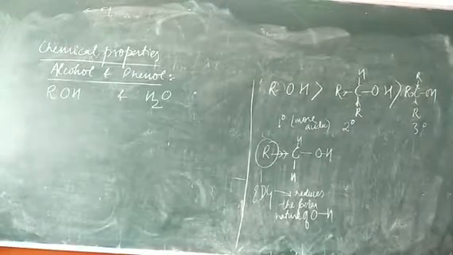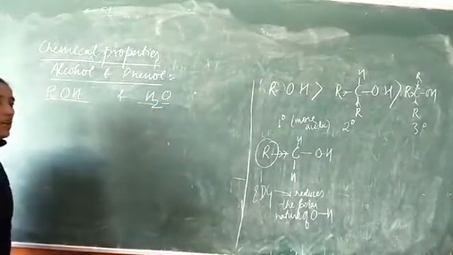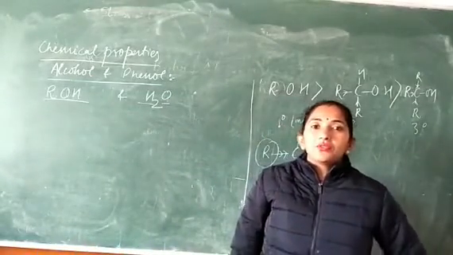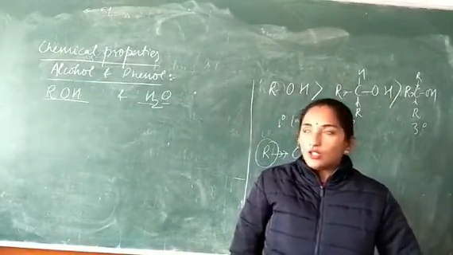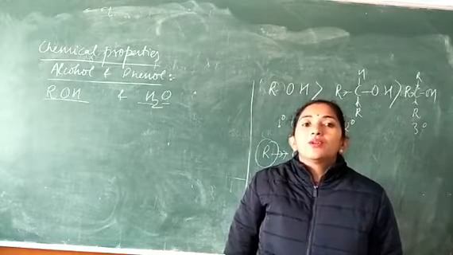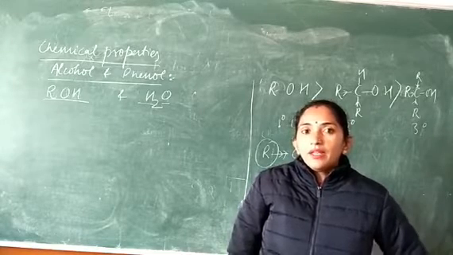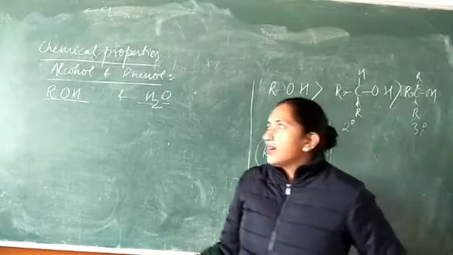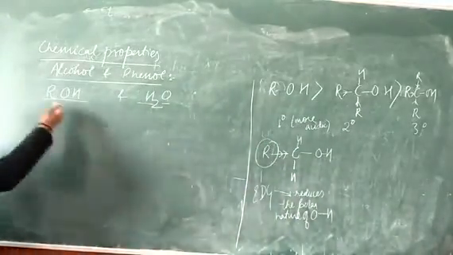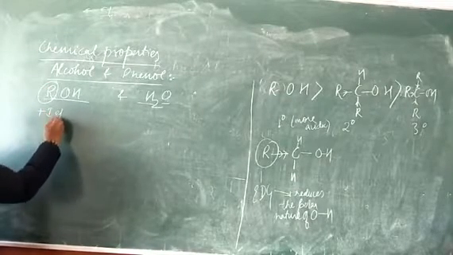Now students, if we compare the acidic nature of alcohol and water, among the two, which one is going to be more acidic, right? So it is strange, but it is practically found that water has more acidic character than alcohol. Now, why will it be so? Just have a look at the previous concept about the electron donating group. In alcohol, we have an alkyl group which through plus I effect